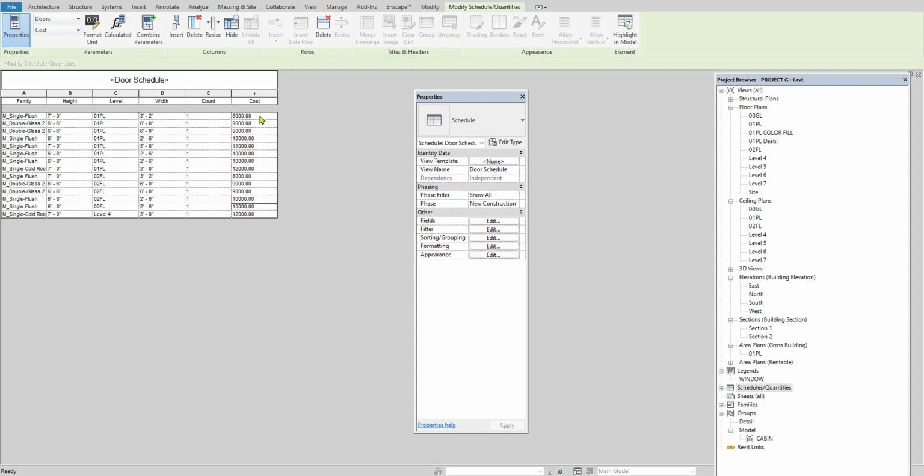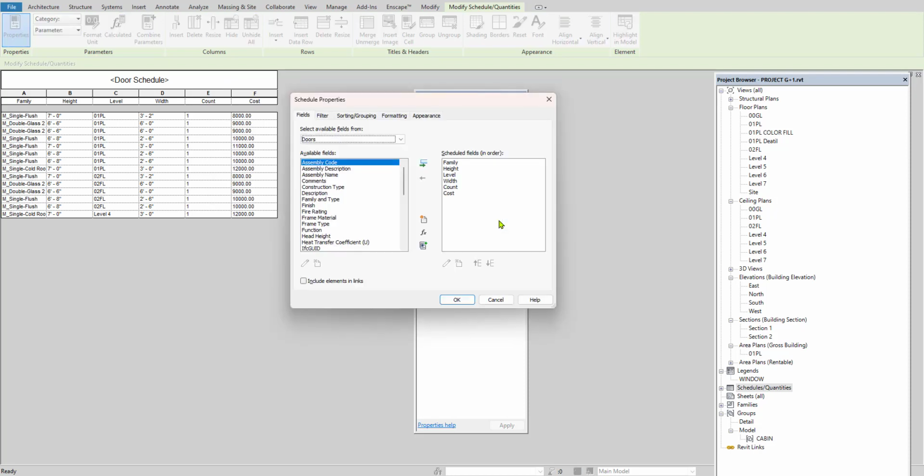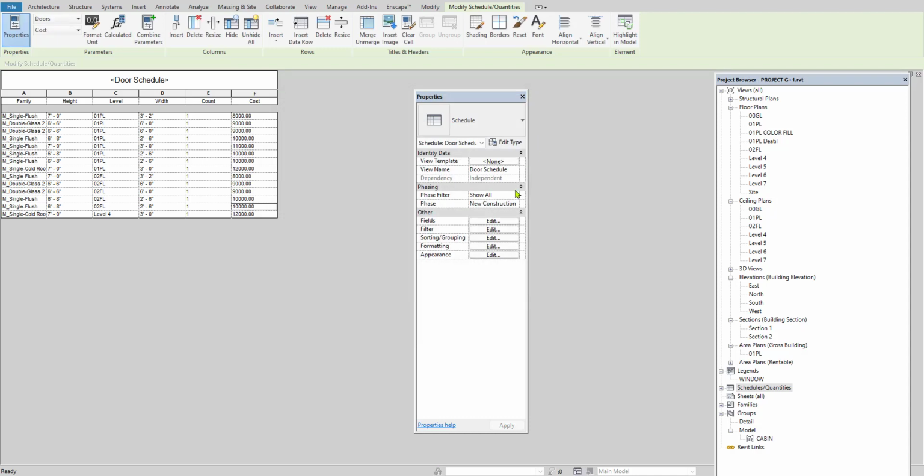In order to find out the total of this cost, you can go to the properties option. Here we have the fields. Fields means the fields we already selected. If you want to edit it again, you can click on the edit option and add the other fields whatever you want and close it. Next will be filter and sorting and grouping.